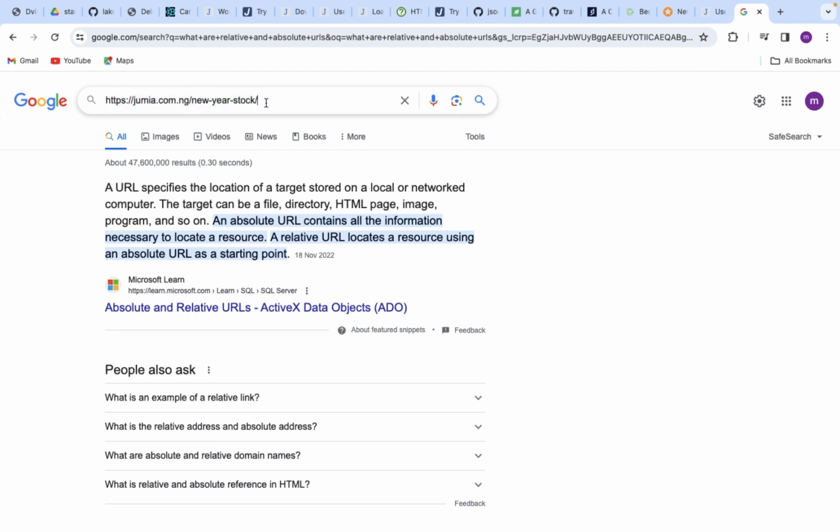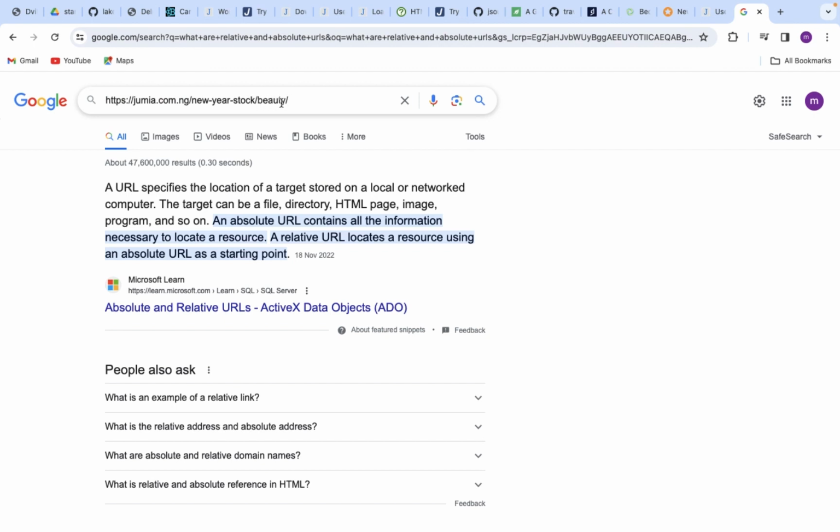So if you have something like, maybe you're looking for beauty products or phone related products. Now you're going to come after this new year, after putting this new year stock, you're going to come here and you're going to use phone. So maybe this is their category, phone. Or you want to get a beauty product, something maybe like a cream or something like that. You use beauty as the